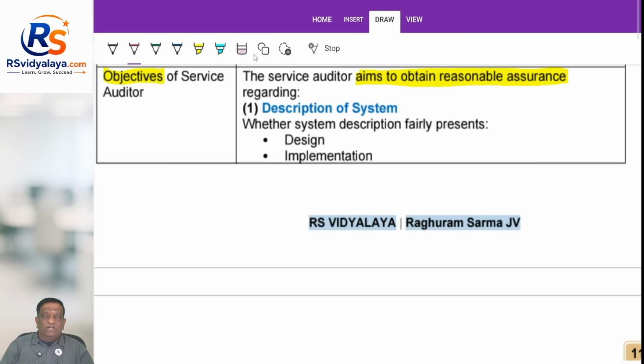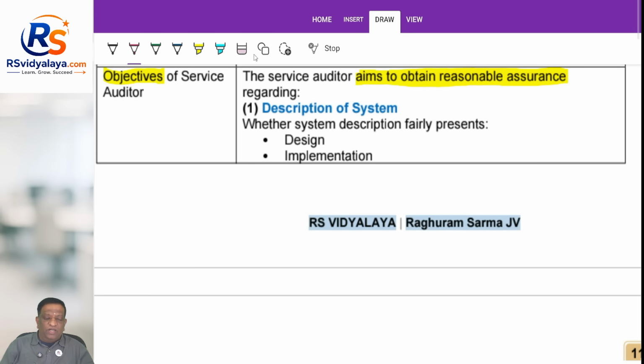The service auditor, as you are aware, is the auditor of the service organization who is reviewing the work only to give assurance of the controls to the user entity. Now, the service auditor aims to obtain reasonable assurance on these things. First one, description of the system, that is how the system is designed and how it is implemented. And then design of controls, apart from the system: what are the controls that are suitably designed to see that there are no misstatements or gaps in